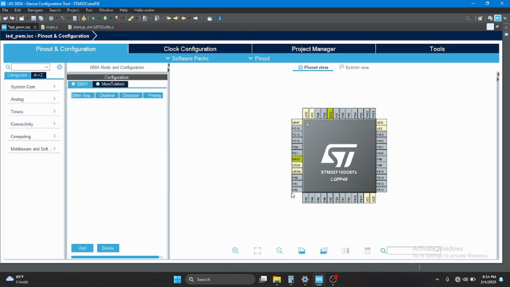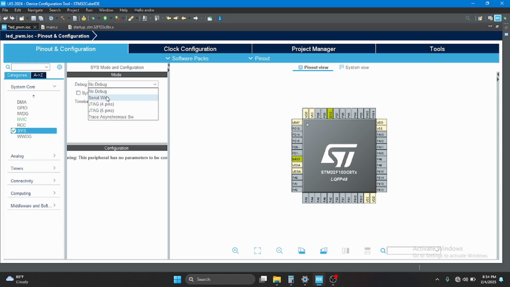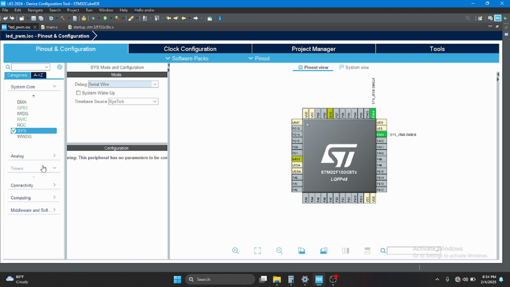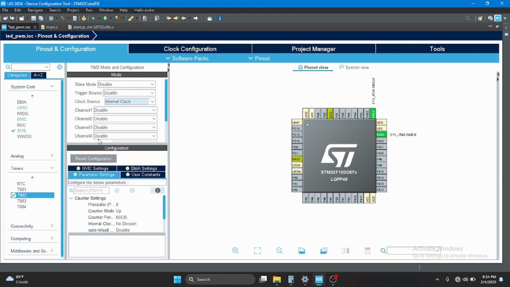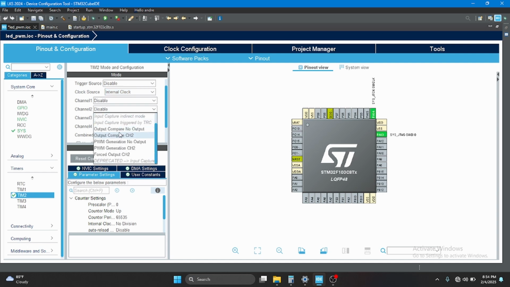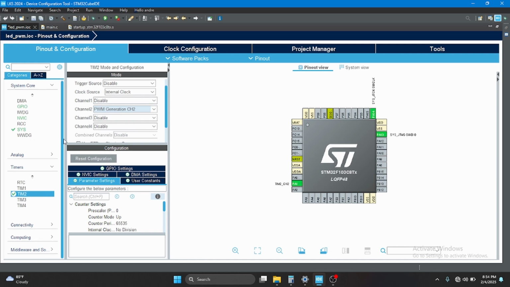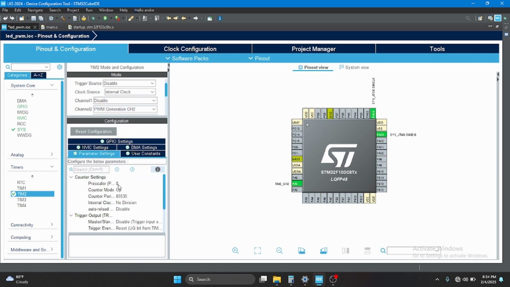But before we program this STM32, we have to configure all of the peripheral pinout. So the first thing you have to configure is this one. Just pick serial wire, and then on timer 2, clock source, you can pick the internal clock, and then on channel 2 you can generate PWM on channel 2. Okay, that's it. And then on configuration we can set the prescaler